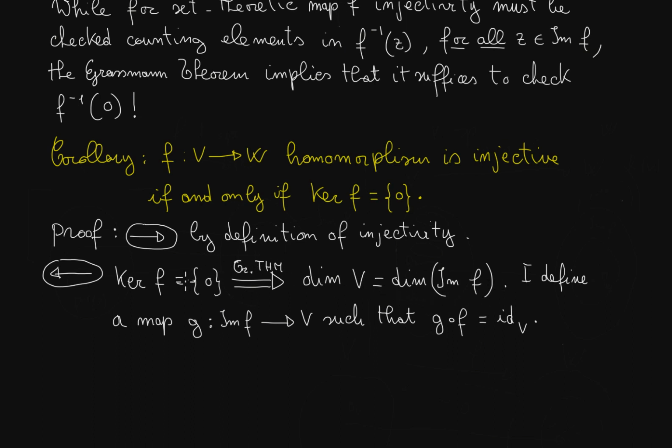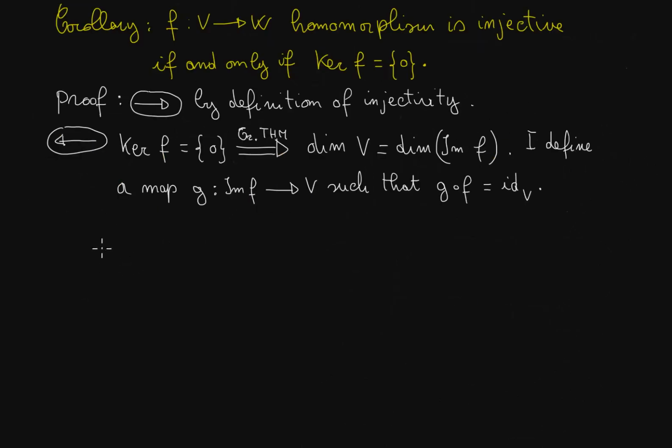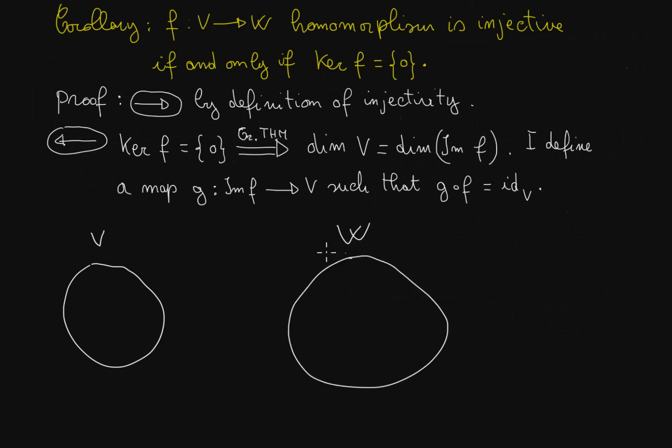Now, in order to show that F is injective, I will define a map going from the image of F, which is contained in W, to V, such that the composition, let's call this map G, G composed with F is the identity of V. Let's draw a picture. Here I have V, here W, and then I have f that goes on to its image f of v,